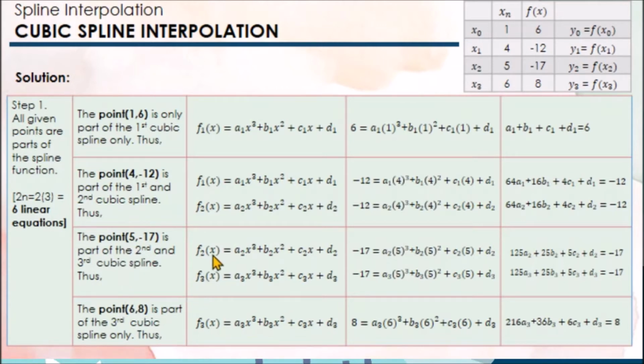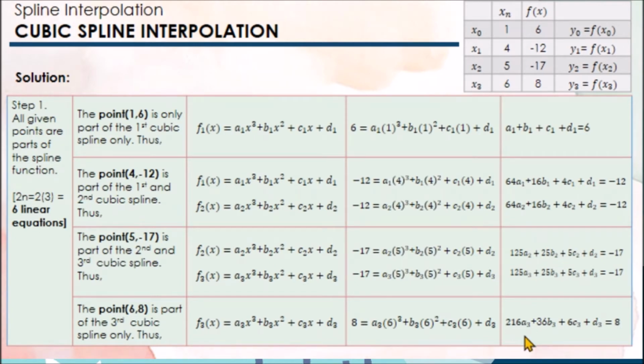Thus, we have f2(x), the equation for f of 2x, and then the equation of f3(x). From here, we substitute negative 17 for f2(x) and f3(x), and then we substitute 5 for all the x in this equation and in this equation. And then simplifying this, class, so we have